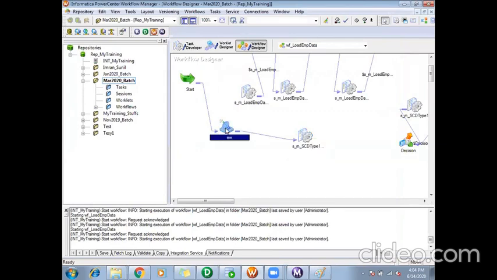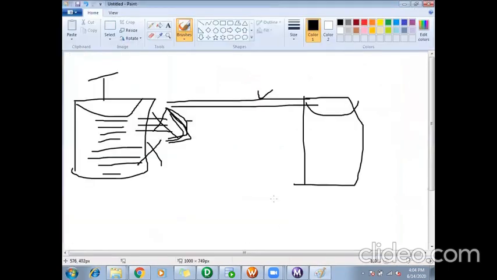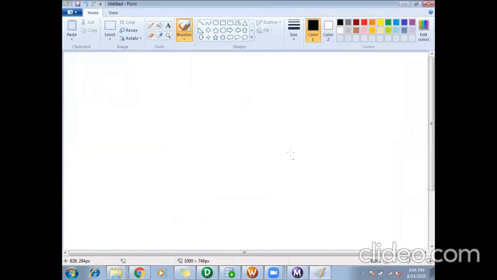Now we'll take one simple scenario. This is the start task of my workflow.